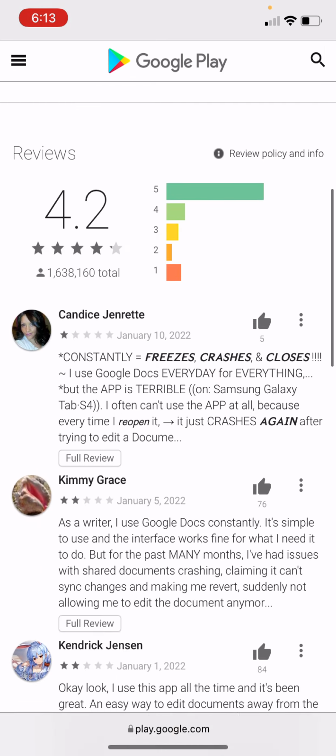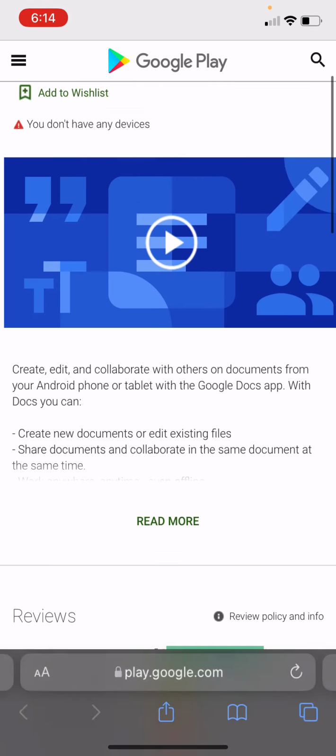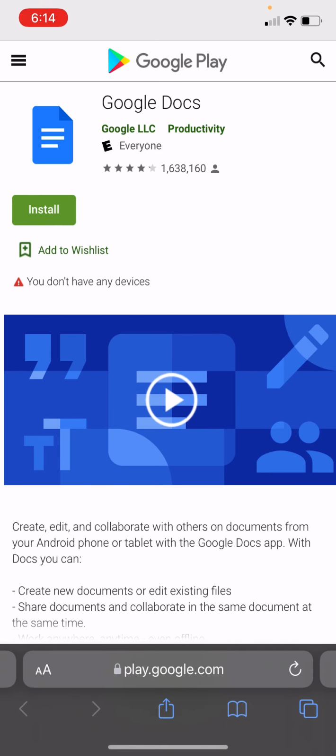So Google Docs is a really useful tool, and it comes in a group of different apps that you can use. So along with Google Docs, there's Google Slides, there's Google Sheets.